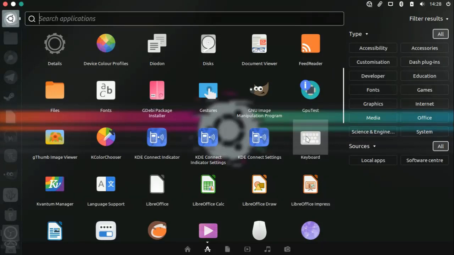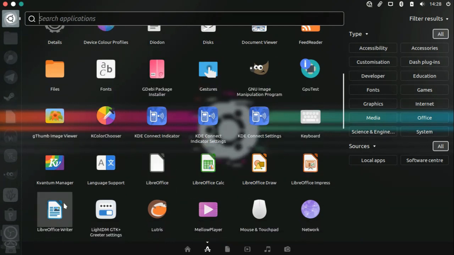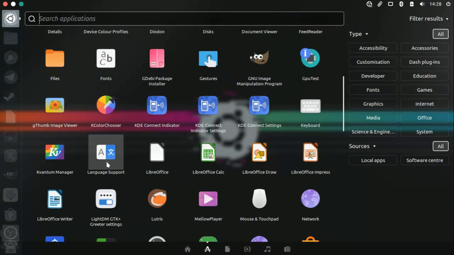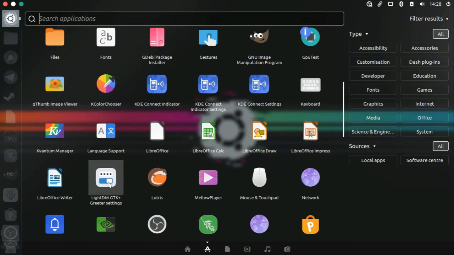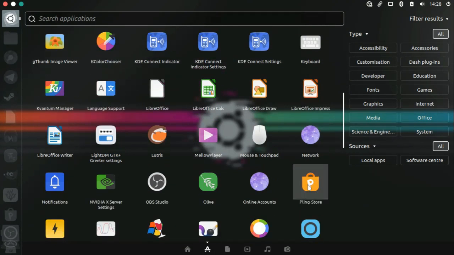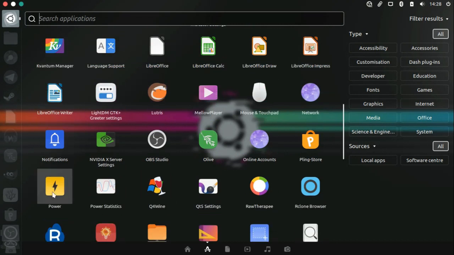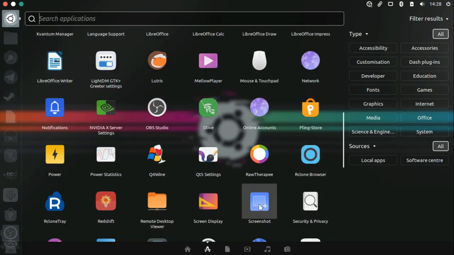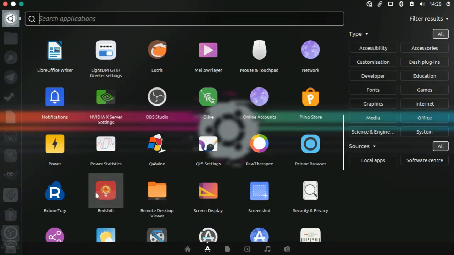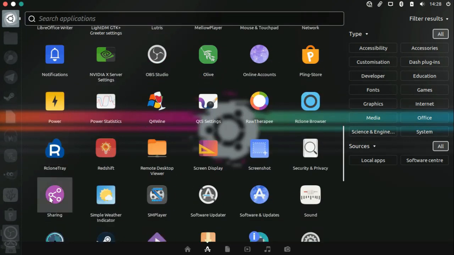KDE Connect settings, you've got the keyboard controls, your LibreOffice Impress, Draw, Calc, Base and Writer, you've got Phantom Manager, you've got the language support, LightDM GTK greeter settings, Lutris pre-installed, Mellow Player, mouse and touchpad, your network controls, Pling Store, online accounts, Olive, OBS Studio, NVIDIA X Server settings, notifications, power statistics, Q4Wine, Qt5 settings, RawTherapee, Rclone browser, security and privacy, screenshot, screen display, remote desktop viewer, Redshift, Rclone tray, sharing, simple weather